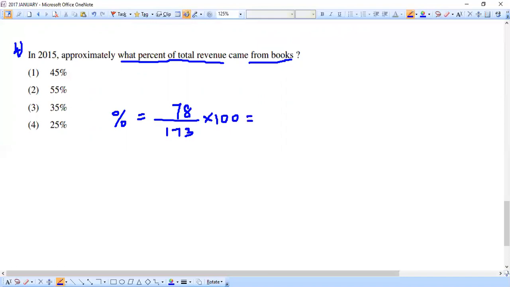But unfortunately, if you see, we will not be able to divide these numbers because the numbers appear to be very hard for us to use the tables to simplify. So in these cases, just look at the options. First of all, we have to look at the options only because options are going to be our true friends, right? See here, they are widespread, right? We have 25, 35, 45, 55. We have a very big gap between the options, and that itself is enough for us to predict the answer. Let me tell why and how.